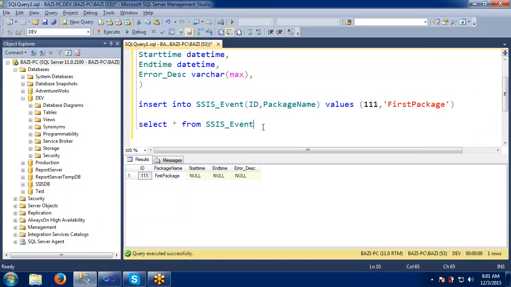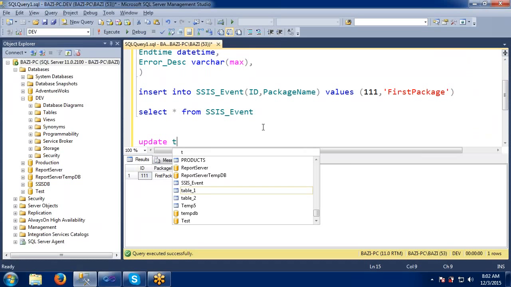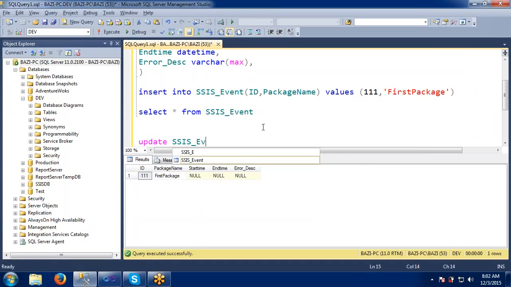so what are we going to handle with that? Update SSIS event set. What are we going to set if on error happens, right? We need to set the error description and end time.